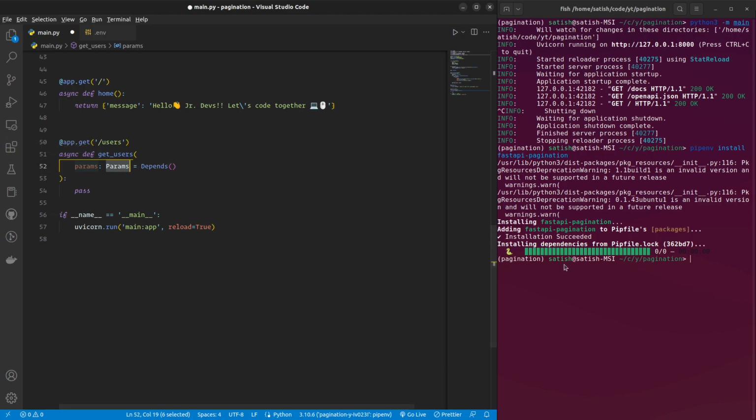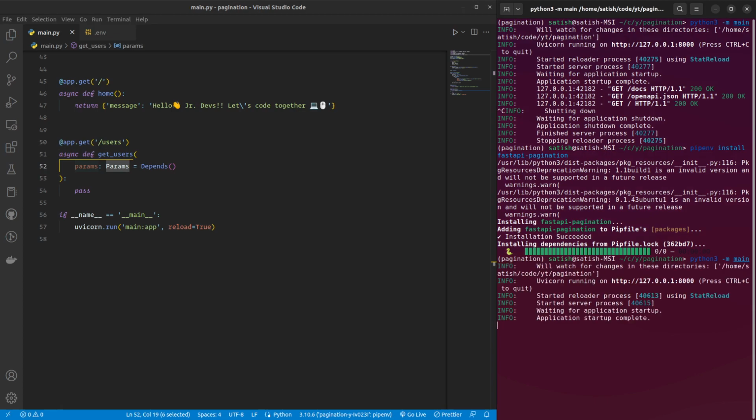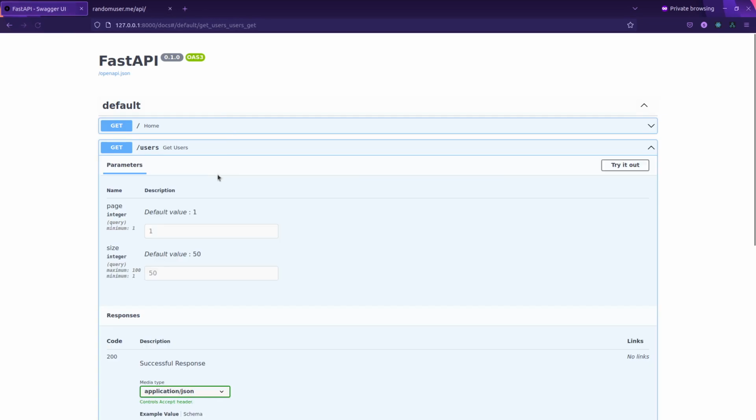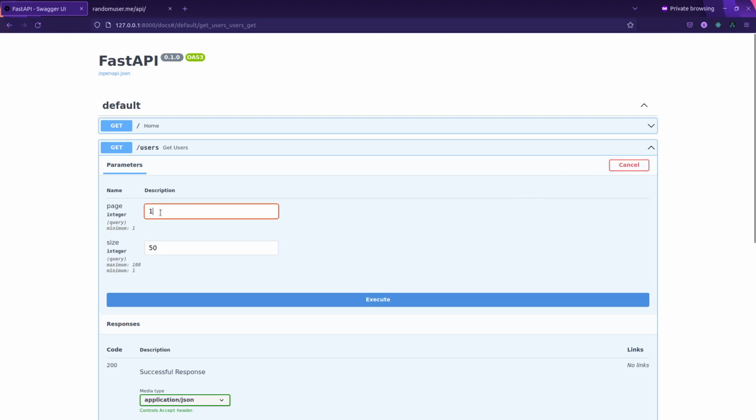If you run the server quickly and look at the endpoint and refresh, yes, you can see that there is a page and also a size. So you can play with the values. Default values are 1 and 50, so it's going to serve the first page with 50 users in it, and if you change it to 2, then it will serve the last 50 users. Okay, so now I'm going to change it back to 5 according to our requirements,